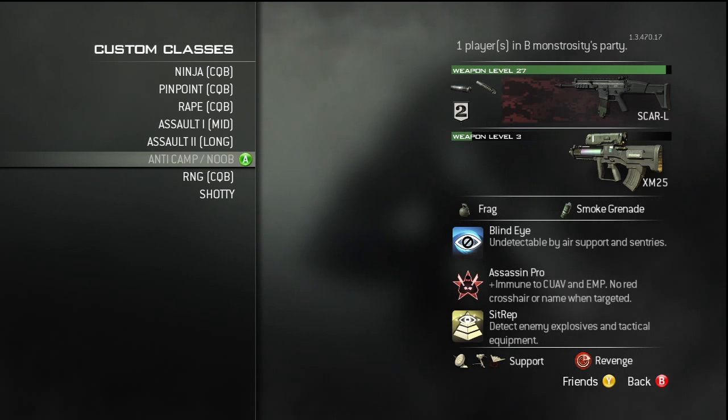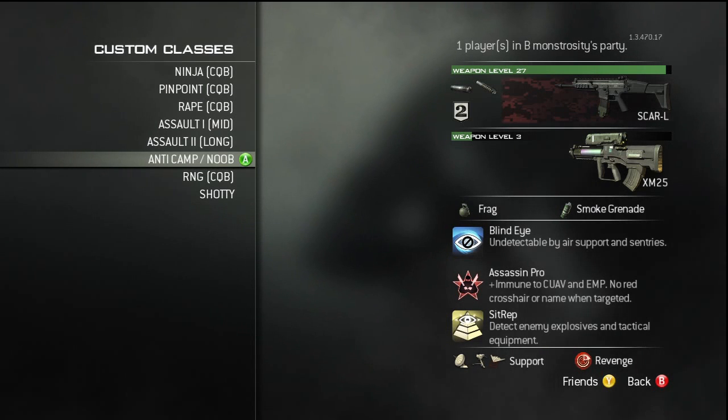And the Scar L, in my opinion, has the best iron sights in the game. That's the reason I use it on this class. And of course I got the silencer on it because I'm running assassin, and blind eye, of course. Another reason I use this class setup is for campers. If they want to camp on an area of the map, then I'll just pepper it